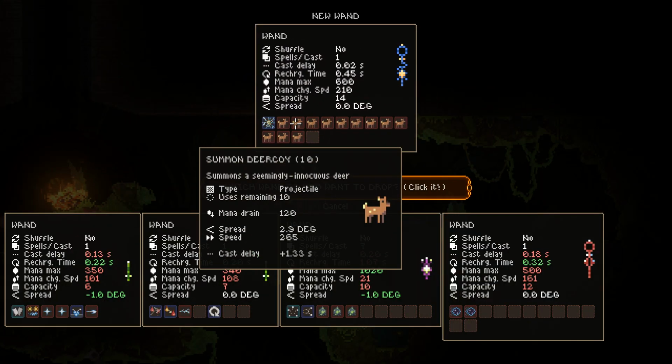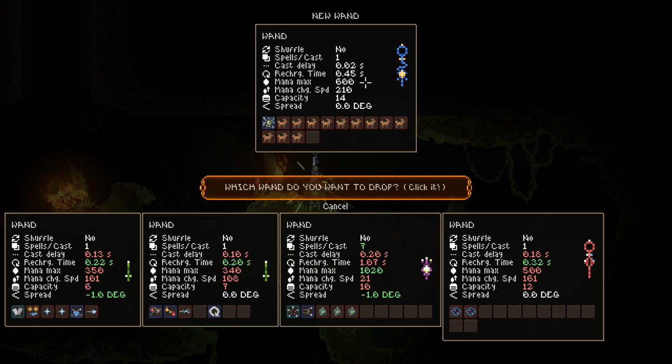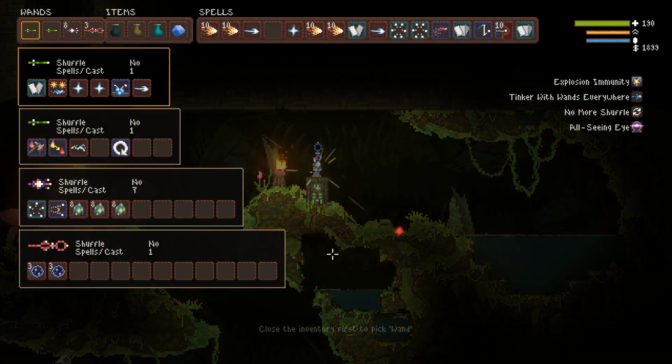What is this? Summons a seemingly innocuous deer, and also potentially makes creatures it hits turn into living thunderstorms. Okay. And actually, it's quite a good wand, too. I want the Deercoy wand. We're gonna, I'm gonna yank these...